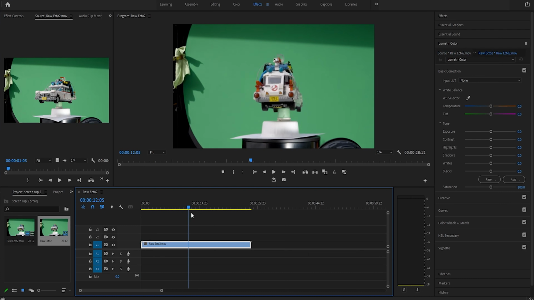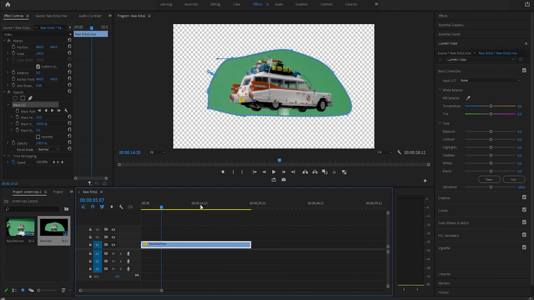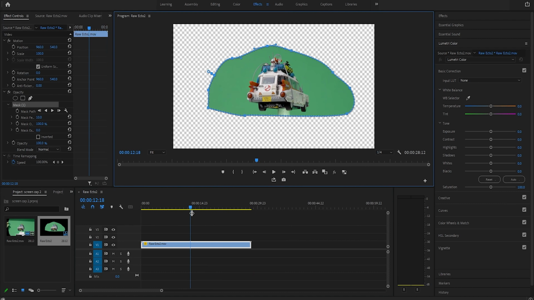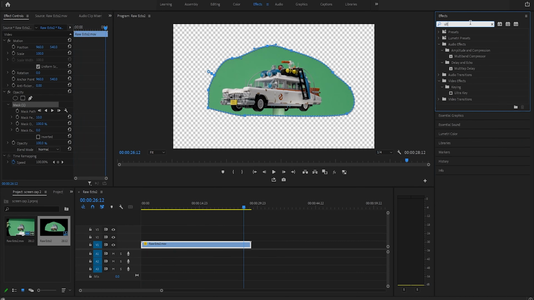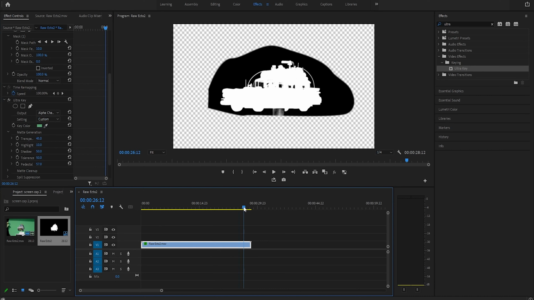All right, so I kind of like to scrub through the clip to see how much of the image I'm going to be able to mask out before I actually apply the Ultra Key effect. So after we have our mask in place, we'll go over to the effects area and type in Ultra Key. You'll drag that onto your clip and do your best to key out as much of the background as you